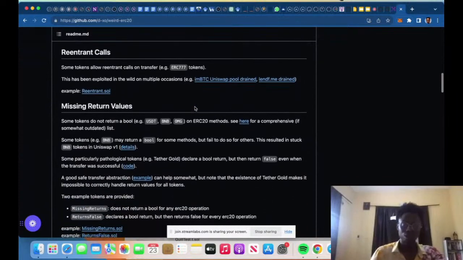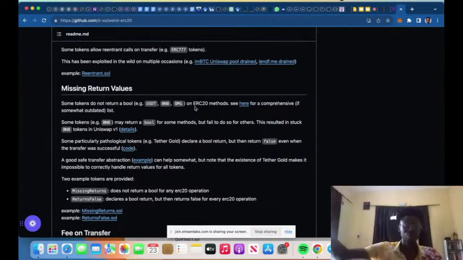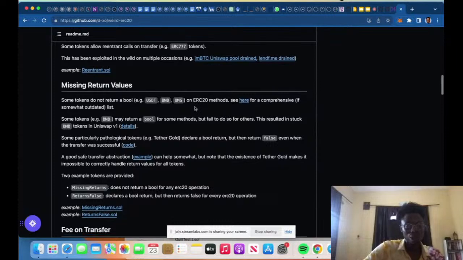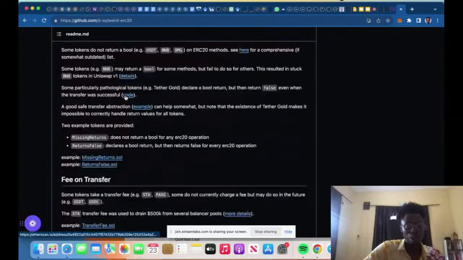There are times when you make a transfer, you expect the transfer to return whether it's successful or not, a true or a false. For that reason, within the contract, you want to perform some other things. And you should know that not all your ERC20 token contracts return these values. So that's what this is pointing us to. See, for instance, this will cause a revert, especially when you're expecting a bool value, and within your contract, you want to check if it's a success or not. Since the token is not returning any value at all, it breaks at that point. So you want to check out for possible